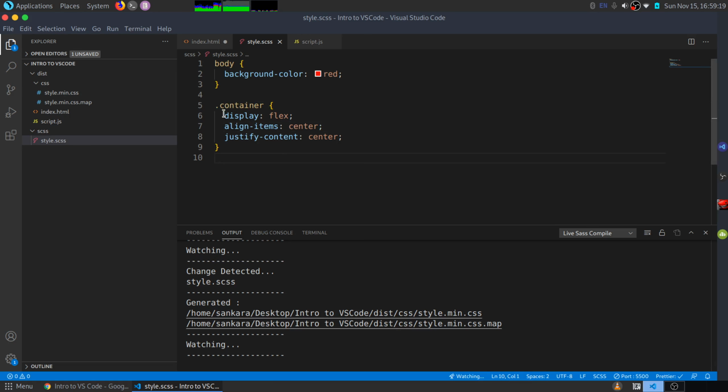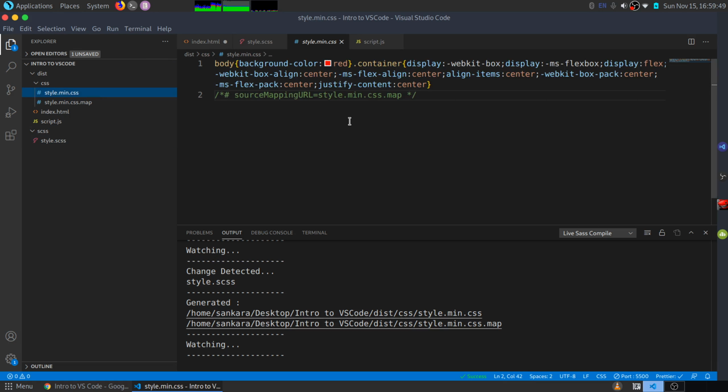Now I chose this display flex deliberately because another feature of Live Sass Compiler is that it will compile your code and it will generate CSS code that is actually compatible with other browsers. Now the reason why I chose this is because Microsoft Edge doesn't understand display flex, and maybe perhaps Mozilla also doesn't understand display flex. But if you come back here and check your minified CSS, let me just save it